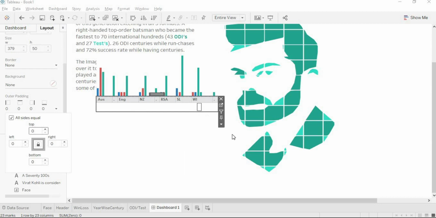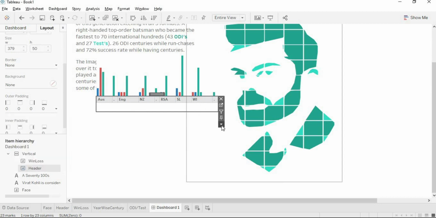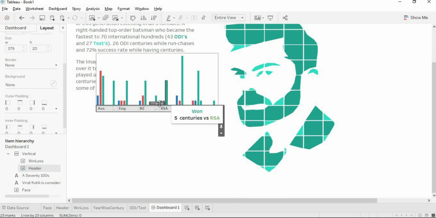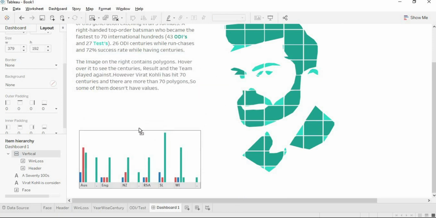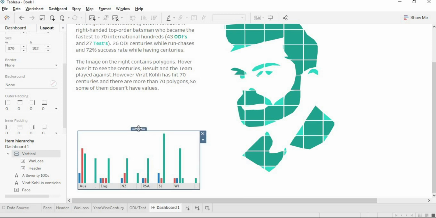Okay, now I will edit its height to 20, at the bottom left.